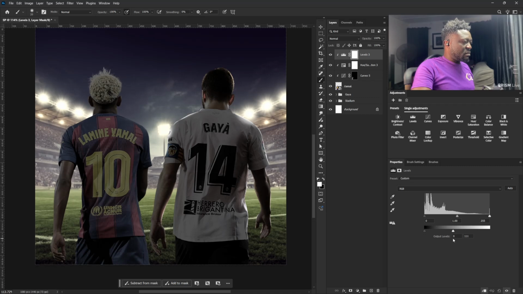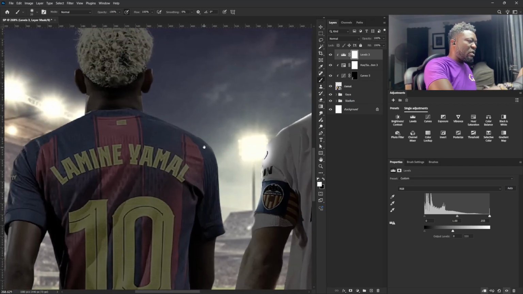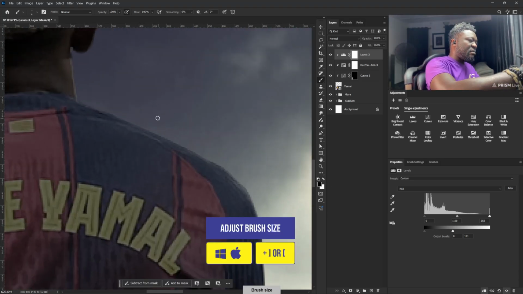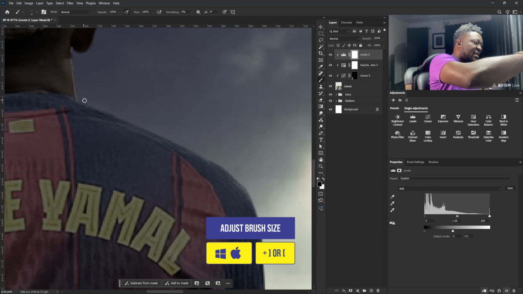And we're going to make the same move again. Select the brush tool and make sure your foreground here is set to black. I'm going to turn down my brush size like that and I'm going to bring back the